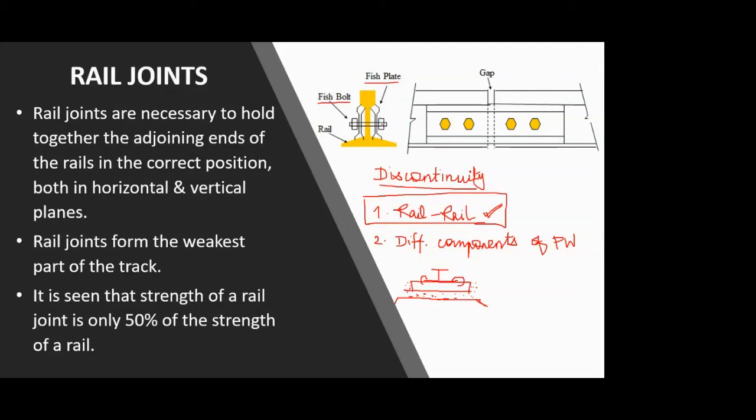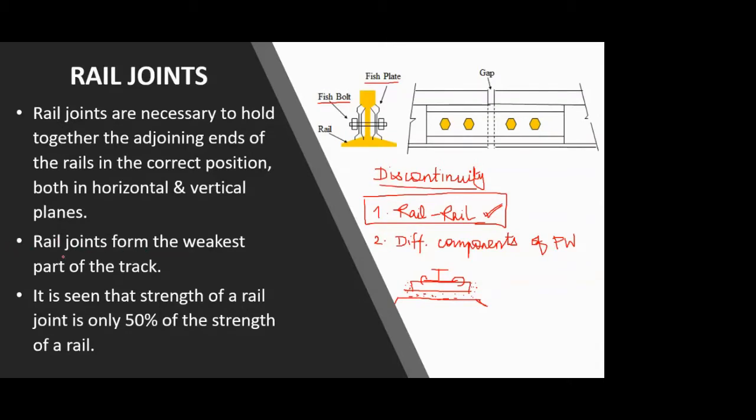It's a steel or a metal plate which is almost of the shape of the web between the head and the foot of your rail, and those plates on either side of the rail are joined by this fish bolt, and it looks something like this in the side view. This is the section. So that is one basic type of rail joint, but in that also we have different types that will be seen today. Before proceeding to the types, some few points to remember regarding the joint.